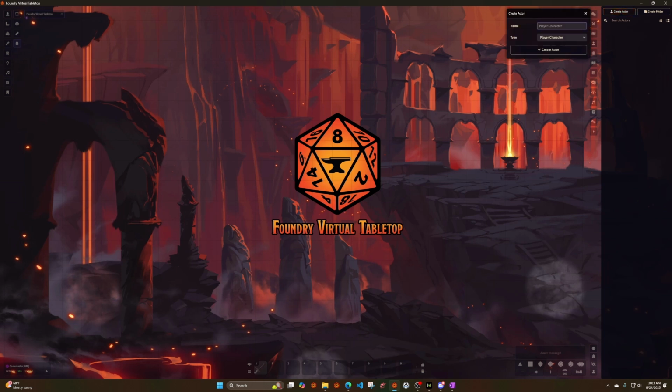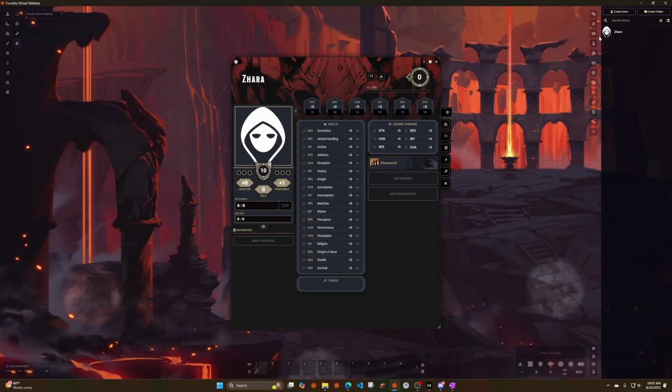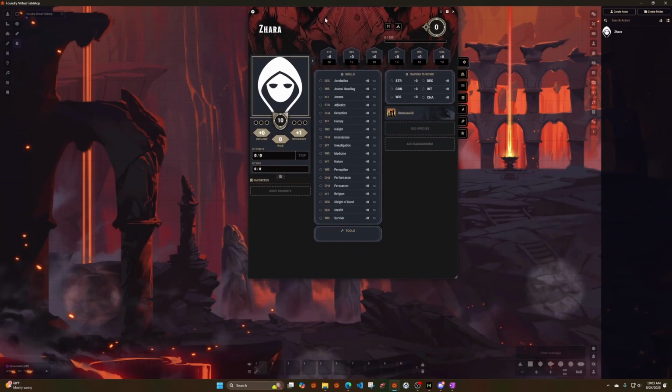On the player side, they won't be able to create folders. They'll just see Create Actor. So we're going to name the actor, and then we're going to hit the Create Actor button. Here we'll open up the character sheet automatically. With the character sheet like this, nothing can be changed unless you go up to the top left and click